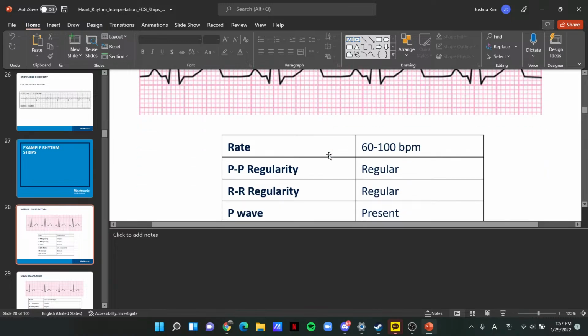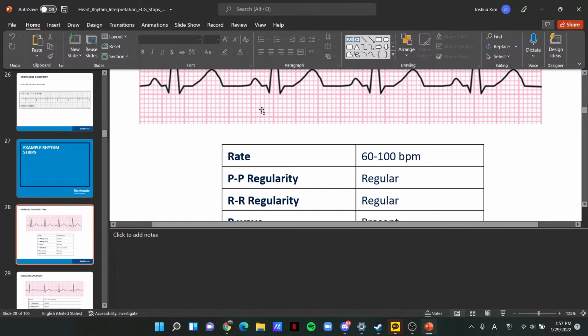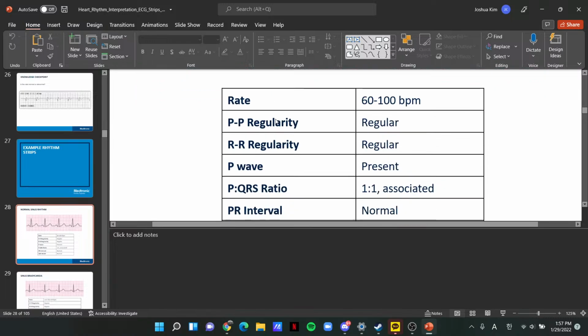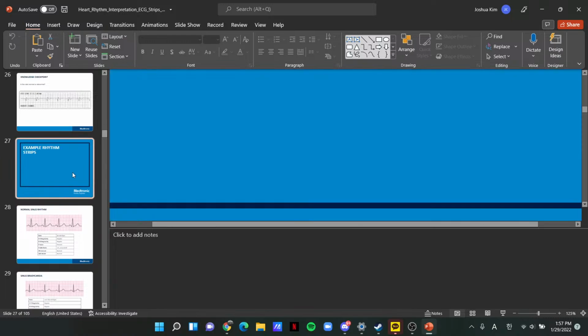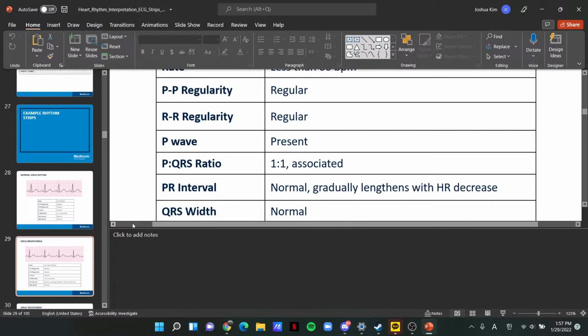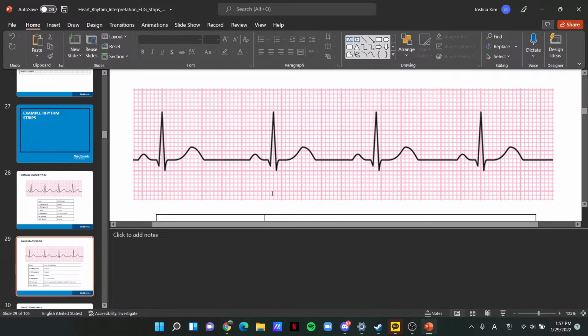P regularity, R, P present. That's a lot to do. Right. Heart rate was